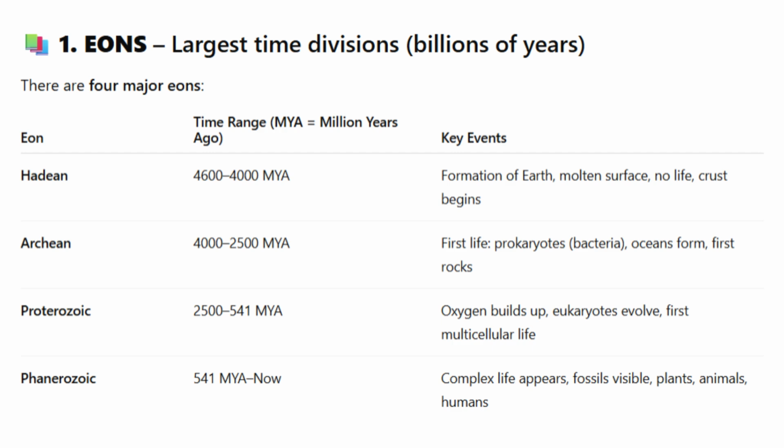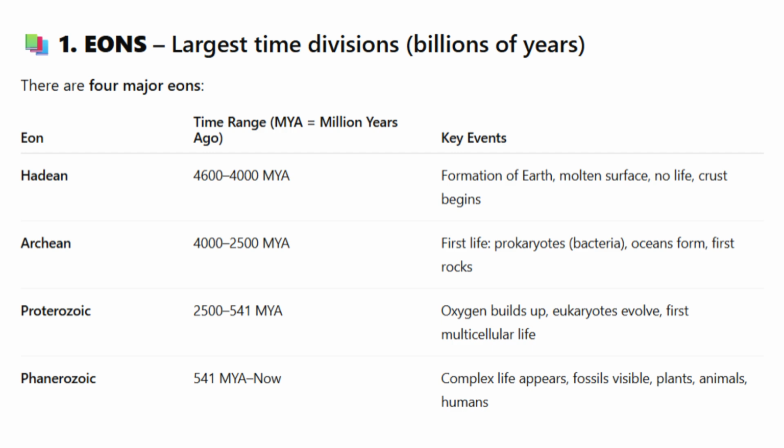Next came the Archean eon. As Earth cooled, oceans began to form. And deep within those waters, the first life appeared. Simple cells known as prokaryotes. Bacteria ruled the planet, and the earliest rocks were laid.